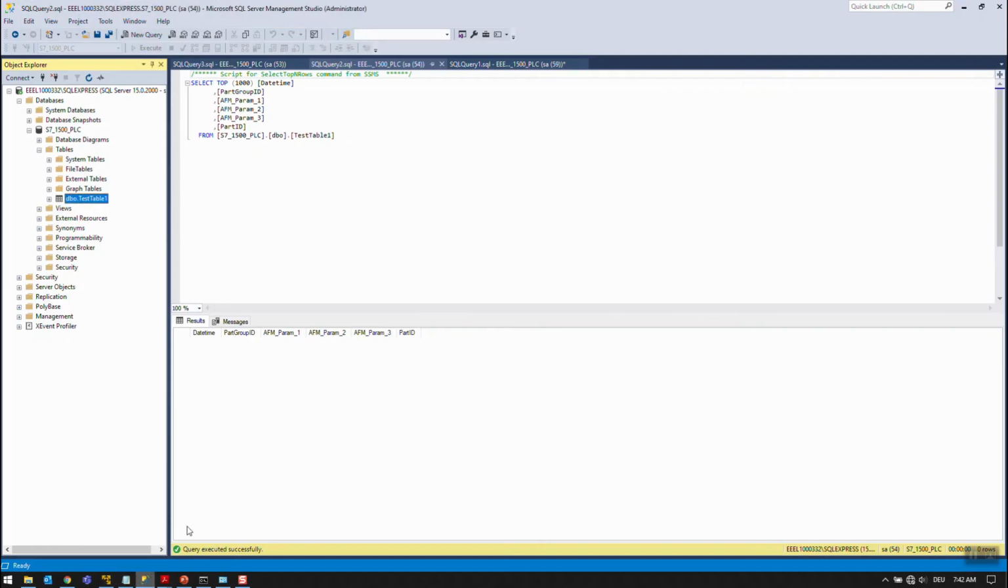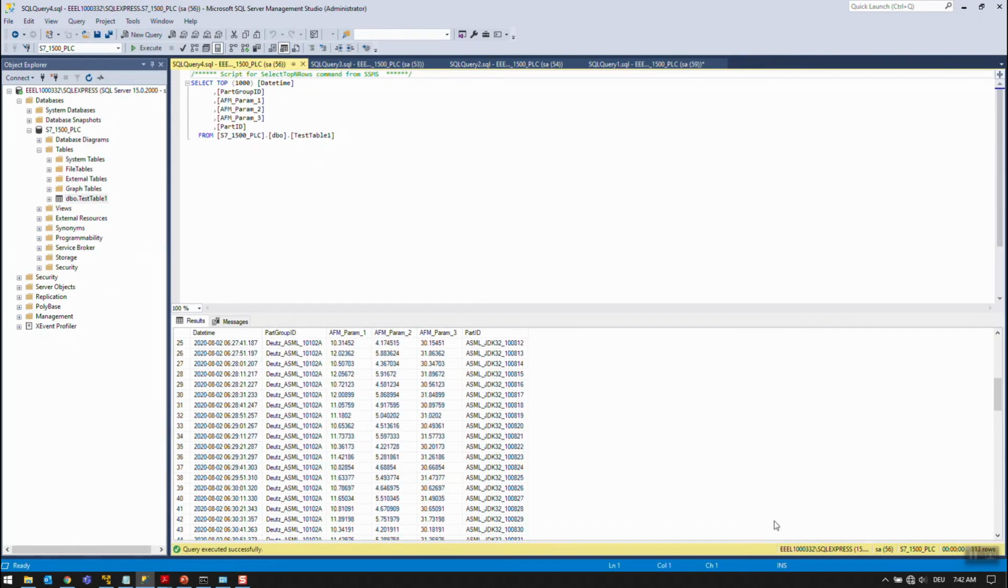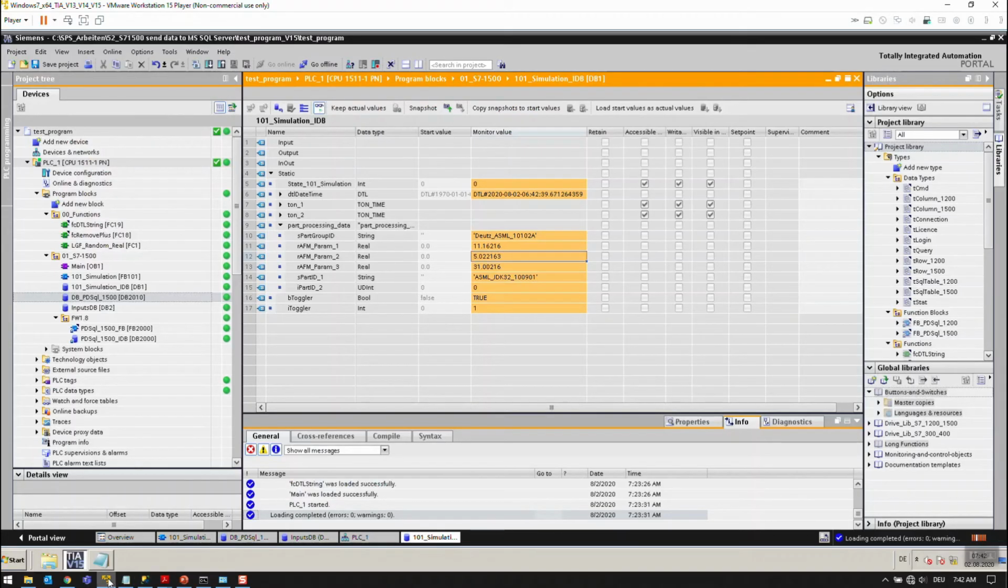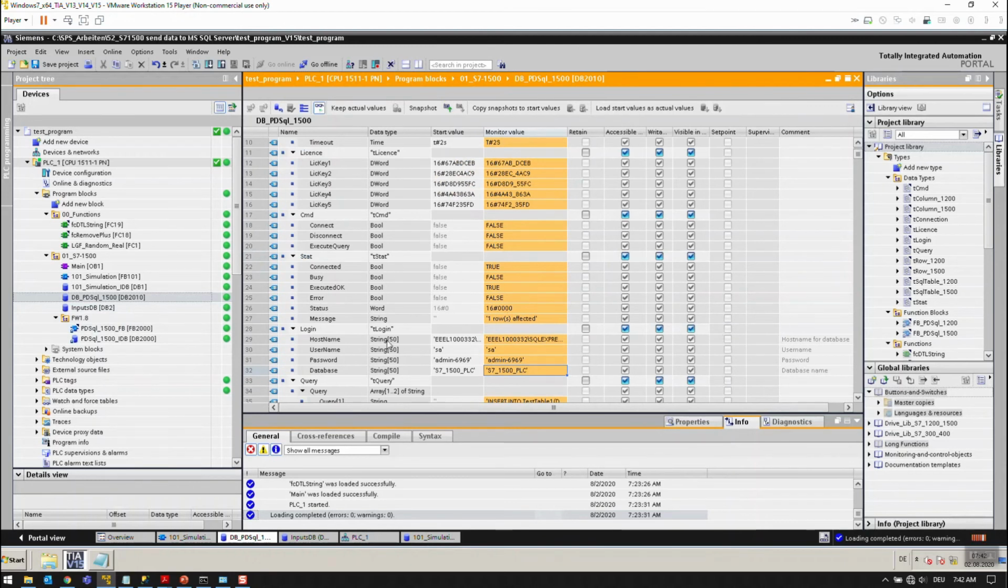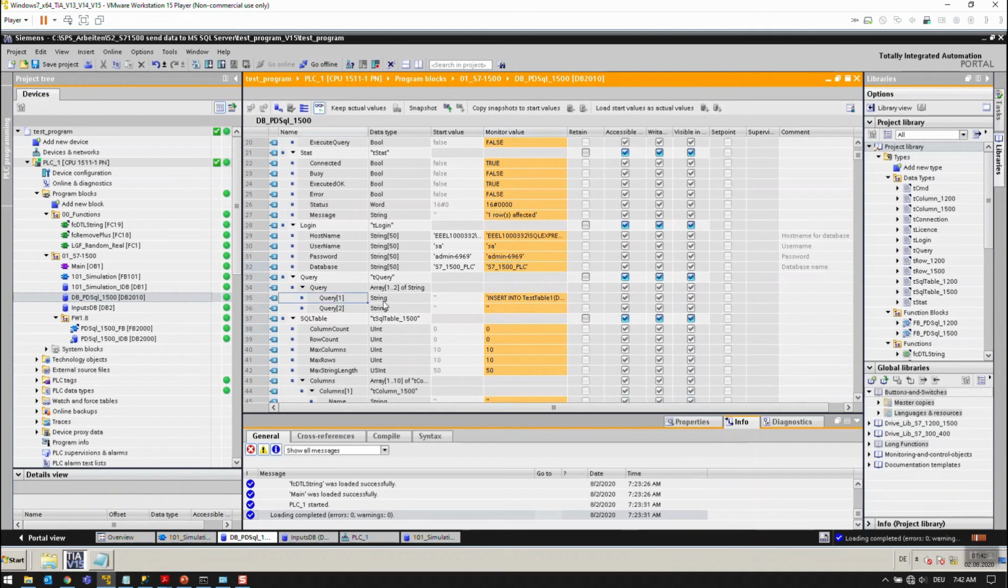Let's go to our SQL Server Management Studio, and we select the database, right click, select top 1000 rows, and here we go. All this data has been sent from the PLC to the database. So these are the main things, and as I have mentioned, this is the most important one. You can see the status, this one, and then, oh yeah, this is the query string. Basically the first query is injected into the database, the query 2 is also there,